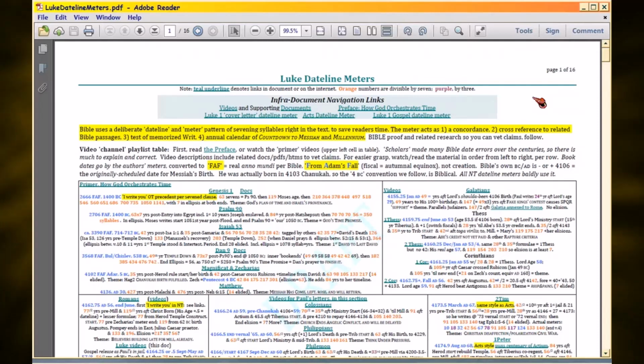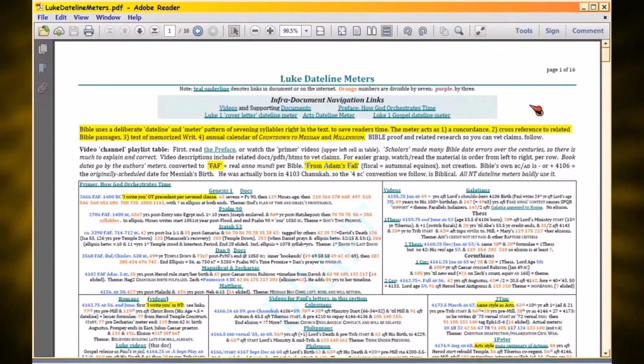You capitalize Luke and dateline and meters, you run the words together, and then you put in a period at the end of meters, and then you can type in HTM or doc or PDF to get to see it. If you use HTM or doc, you're going to have to download the fonts for the Greek, because there's Greek in here, from BibleWorks.com/fonts. And somewhere in here that link is going to be provided, because this is a very extensive piece of